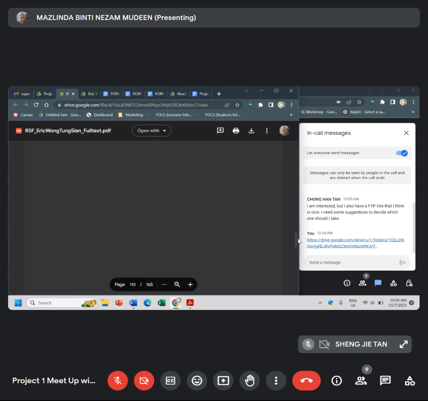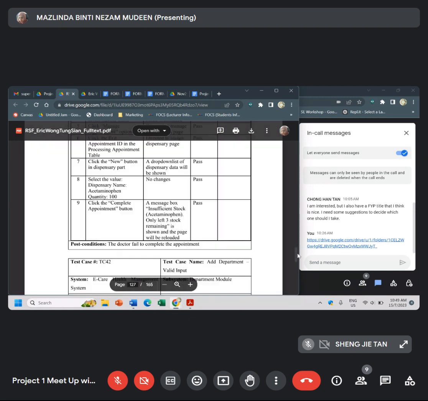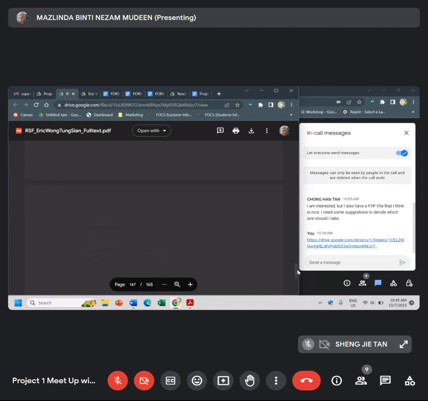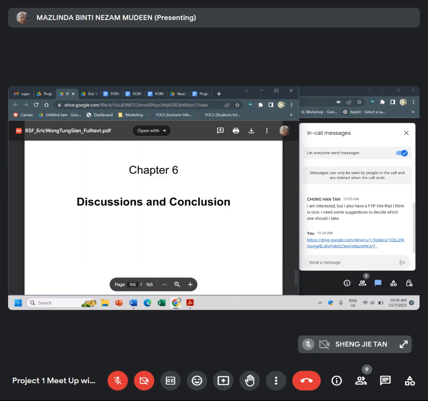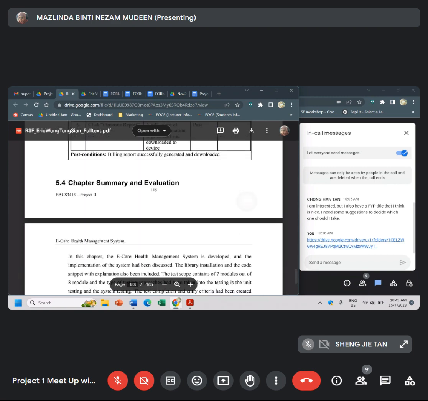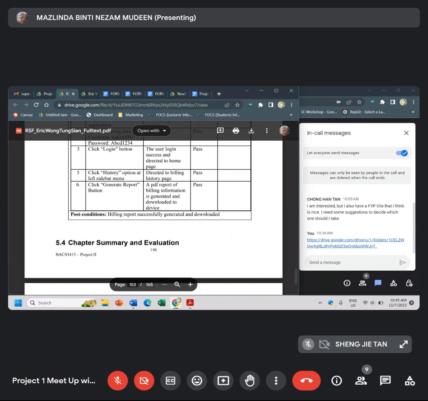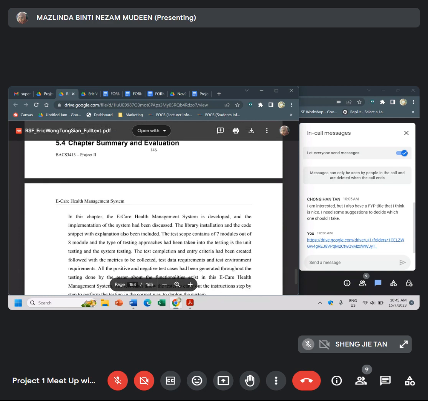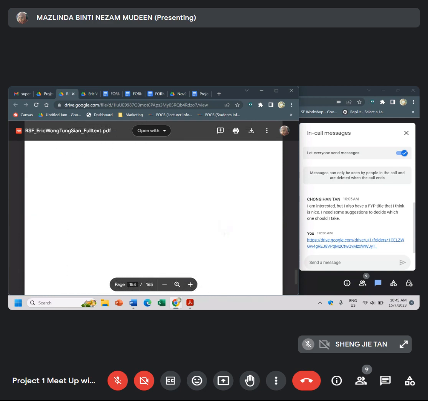Test cases can go like hundreds. So this will be the end of the test cases and then the chapter summary and the evaluation. Then your final chapter will be chapter 6.